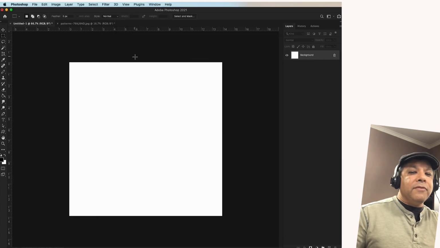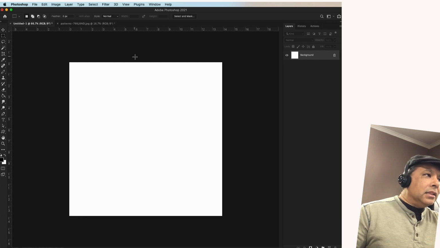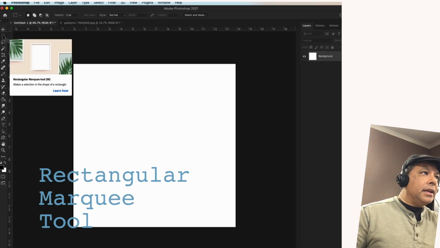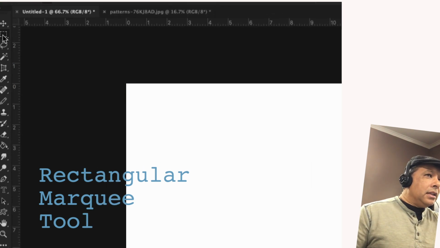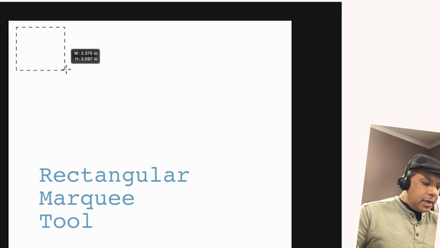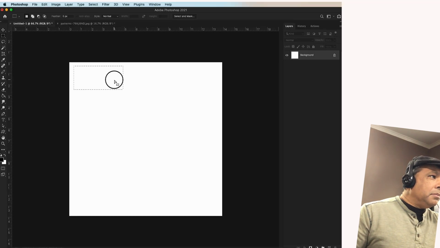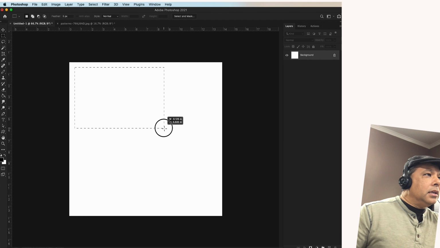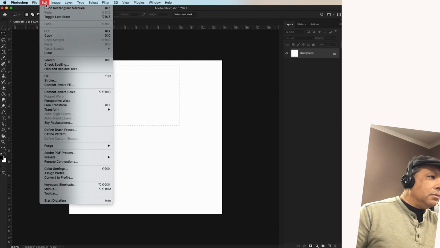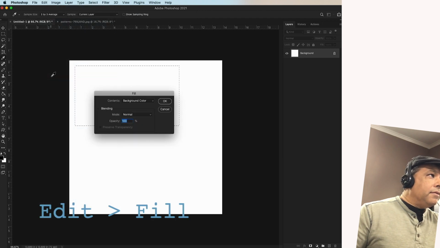But before we go into that, let's dive right into Photoshop. I have a 1,000 by 1,000 canvas here. The first thing I'm going to do is go into the marquee tool and create a nice little rectangle there. I'll make it a little bit bigger. Now if I go to Edit, Fill,